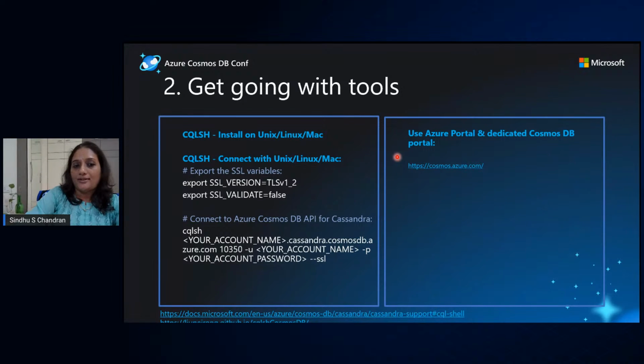So it is very important that you follow the instructions and the versions which are supported for CQL, and set this up on whichever OS you want to work with, and make sure that you use the SSL settings as applicable, and make use of the SSL parameter while connecting. So this would be the second step, to get your tooling set up for Cassandra.